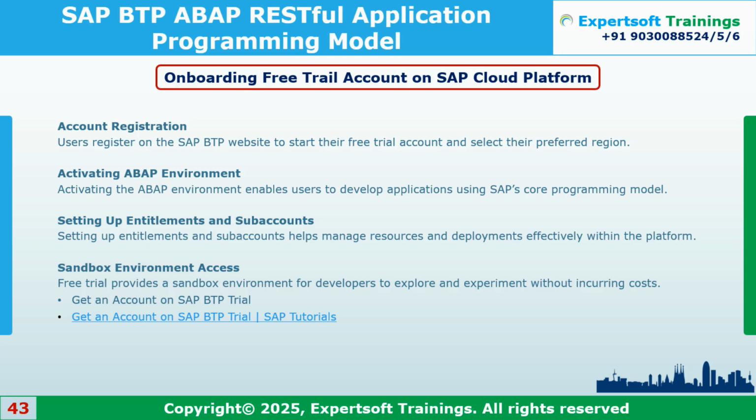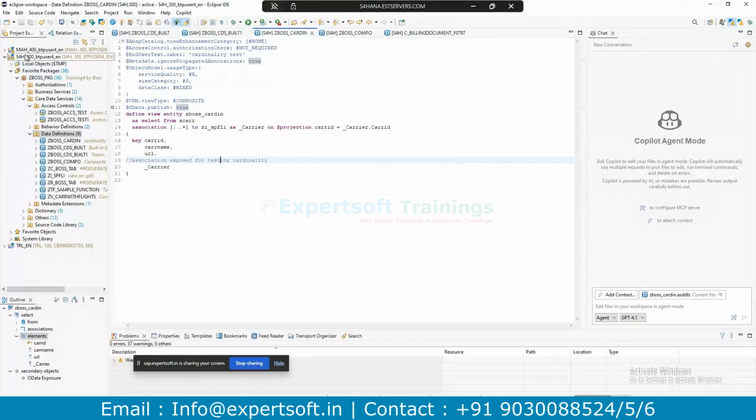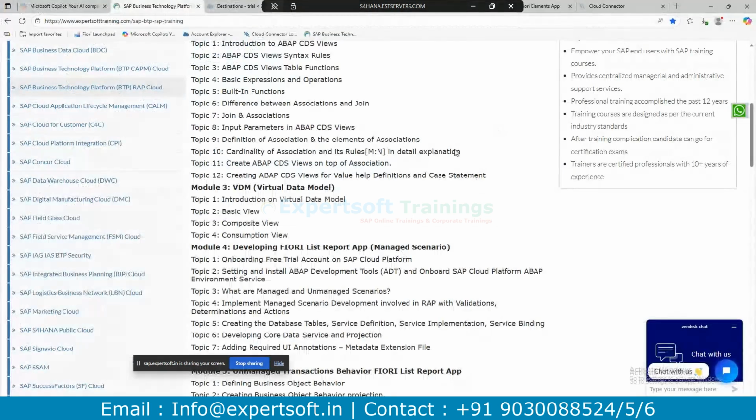So now the basic introduction is enough. Now we are really creating the RAP application. To create the RAP application, we can have two scenarios: on-premise system and the BTP ABAP environment, which is side-by-side extensibility. I will try to create in both the systems and show you. Okay, so before that,